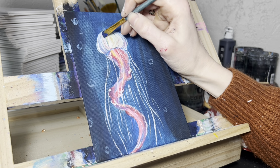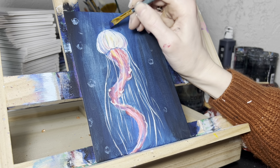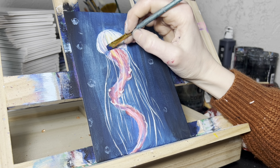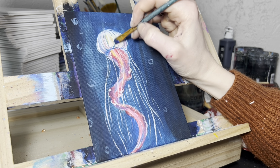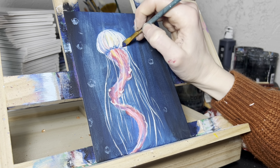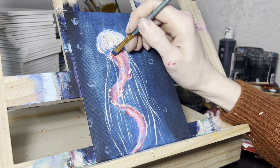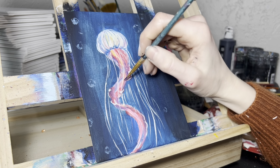And then of course, since we're bringing this darker blue at the top, we might hit a little bit of the darker blue on the bottom as well in just a minute, just kind of finding those little rounded shapes and really defining them, giving it a nice crisp edge between the head of the jellyfish and the long beautiful tail of the jellyfish. And then of course hitting the tail with this darker color like we just did. It's also a great time to go back and sprinkle in some more colors through all those different little squiggles